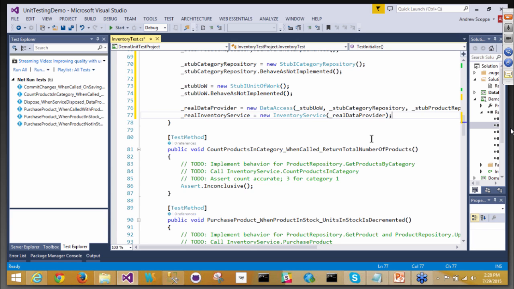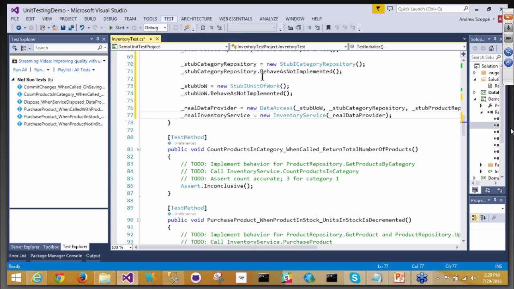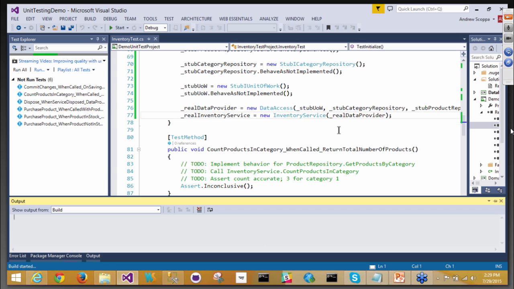Okay, as with any instructor, I did my own little dry run this morning. Notice over here I have Test Explorer. If you go to Test, they give you Windows, and then they show you Test Explorer. That's this window here. And if I click Run All at this point, I haven't implemented any of the code,